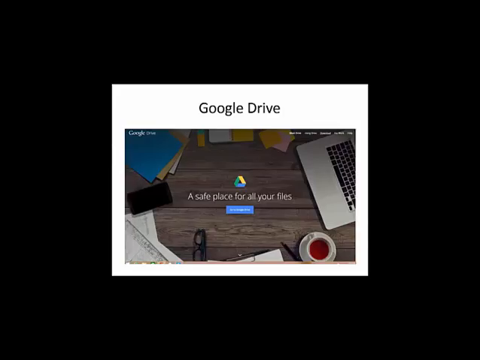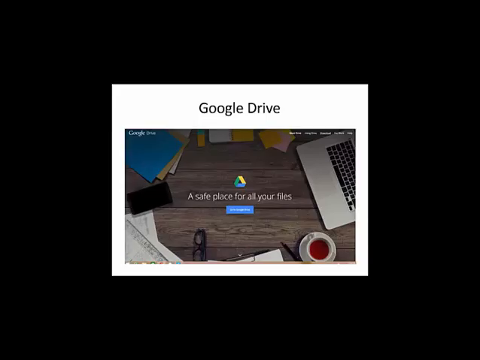Google Drive and Google Docs are a perfect example of an integrated program that will allow you to save files and share. So we're going to go through some of the Google Drive perks, I guess all the perks with getting Google Drive. First of all, there's a safe place for your files. And it's a good time now to stop and say there's a difference in saving your files on your hard drive and saving files in the cloud.